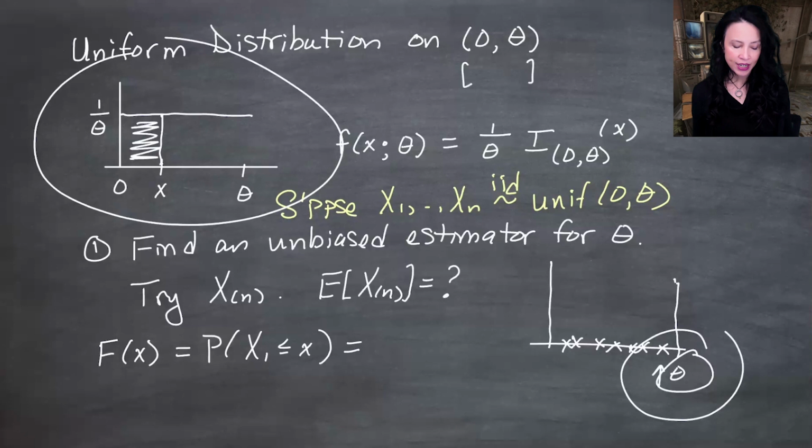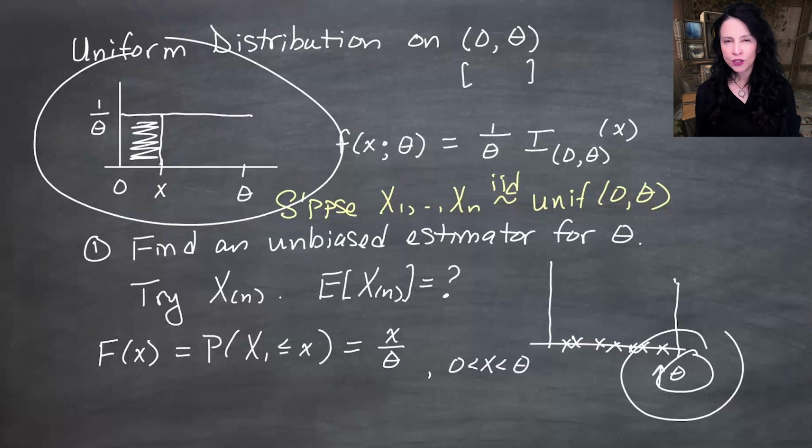So I don't need to integrate to tell you that the area of that little rectangle is X times 1 over theta, or X over theta, and that the X's live between 0 and theta. And I don't know if you recall, I had a conversation towards the beginning of the semester where I don't really like to use indicators with CDFs, but you certainly could. So I just want to keep in mind at least